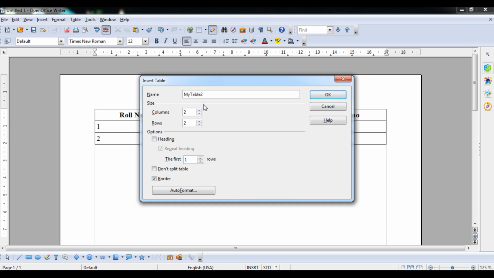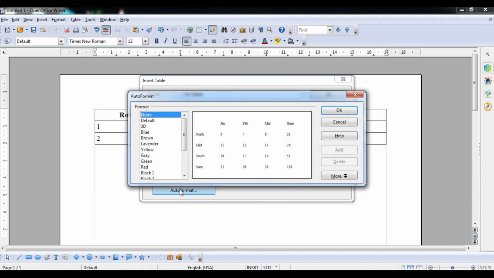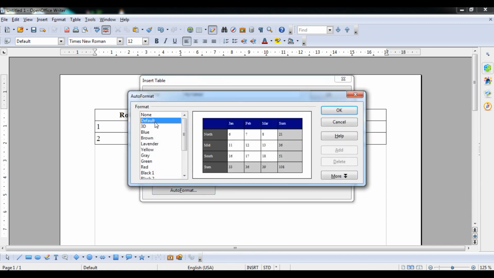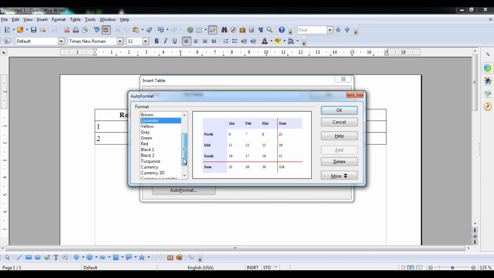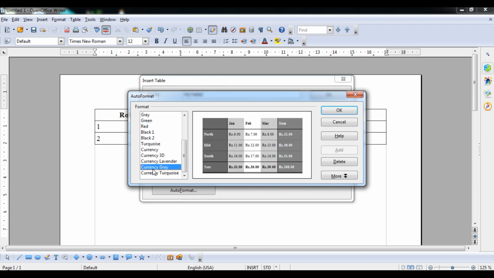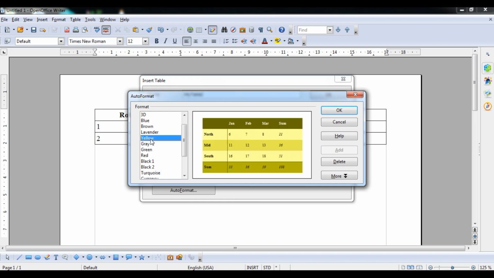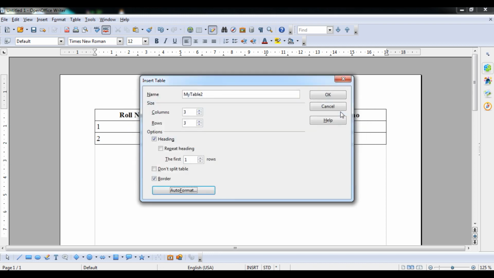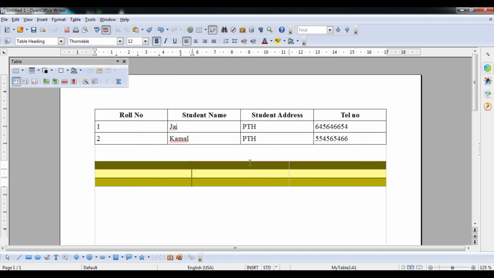Okay student, here is 3 rows and 3 columns, first row as a heading, don't repeat the heading, and auto format also. It will show you the formats you can use. It is easy to select one of the formats that you like, for example currency. Suppose I select this one and press OK, and press OK again. Now you can see this blank table has appeared in front of you.